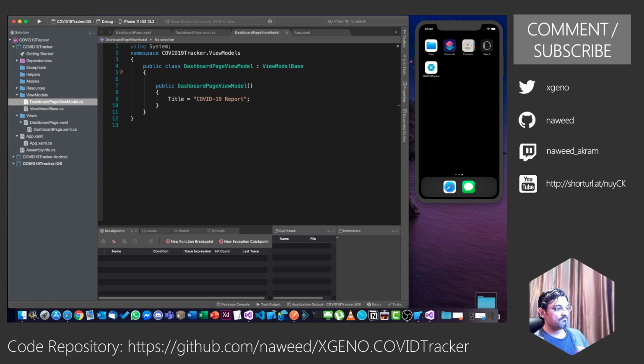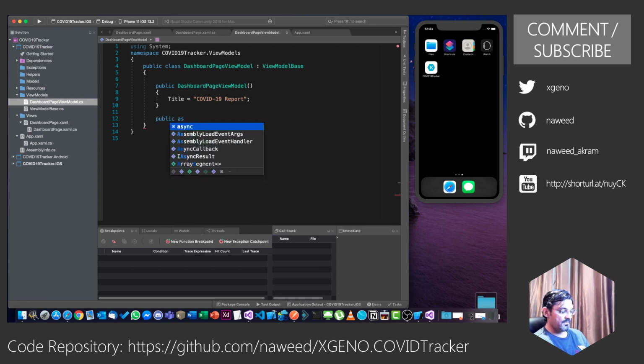We have Title is equal to COVID-19 report, and what we want to do is we want to load the news. So for that, let me create a function first. Public async void LoadCovidData.